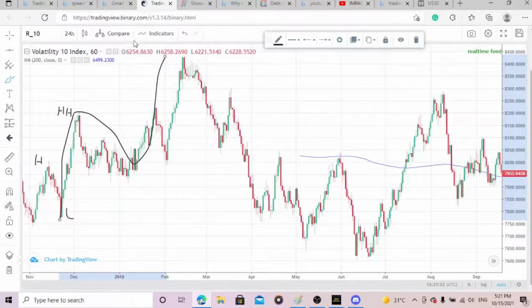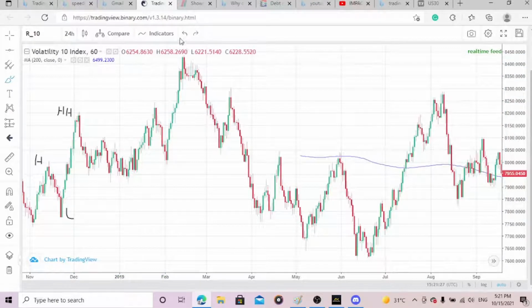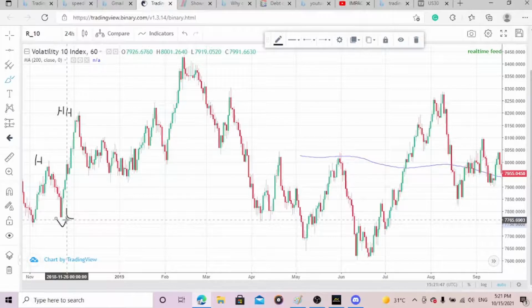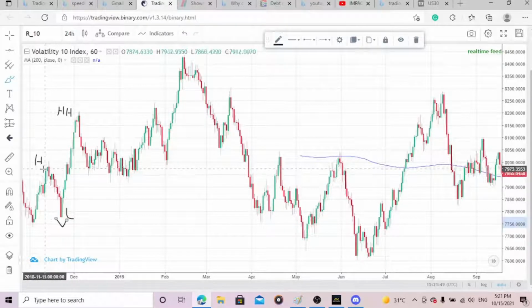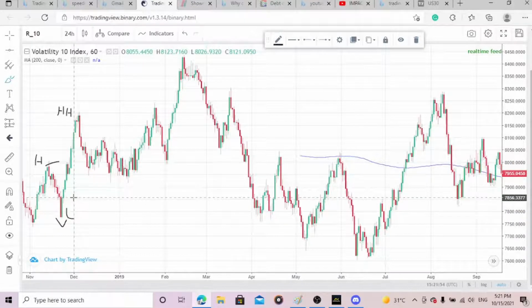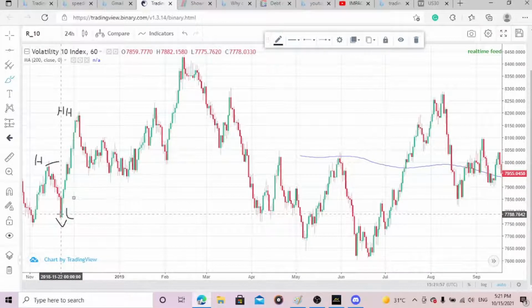All right, so we are just going to go through volatility 10 right now, and the structure here works perfectly fine with volatility 10. The way we explained it, if you follow it, you will make money with this market very easily. All right, so this is a low right here, and then we have a high here. Okay, so the market moved